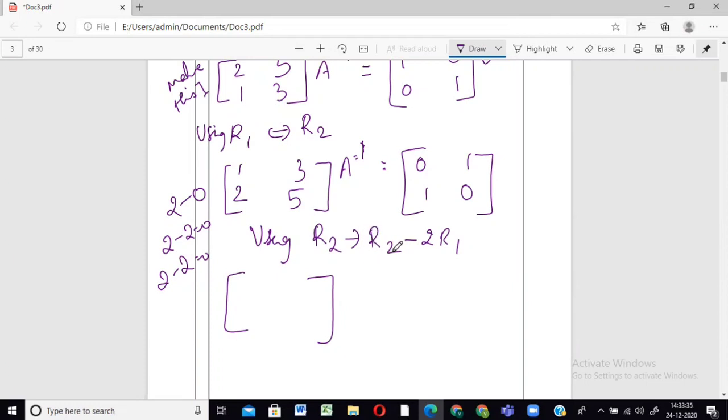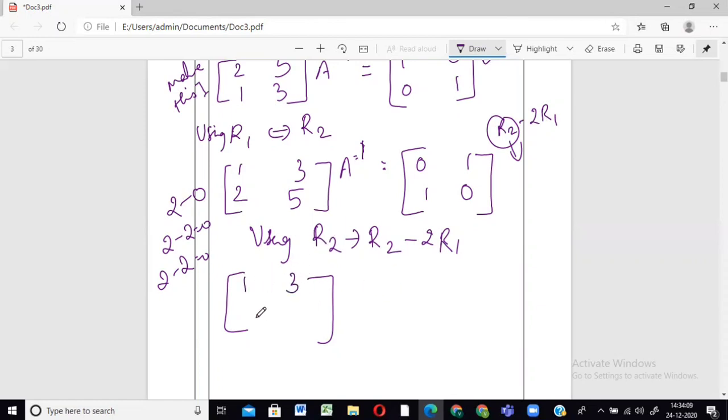Okay, as I said last time, the first thing you write over here, it is not that I should always write it like this. R2 changes to, arrow means changes to, R2 changes to R2 minus 2 R1. The other way of writing is only writing this much instead of writing all of it. Okay, R2 changes to, I can only write it this much. That is also okay. Whatever I write first is the thing which is going to undergo the change. Please remember. Even if I write it as R2 minus 2 times R1, that is also okay. It means we are going to change R2, and R1 is remaining as it is. So let us write R1 as it is.